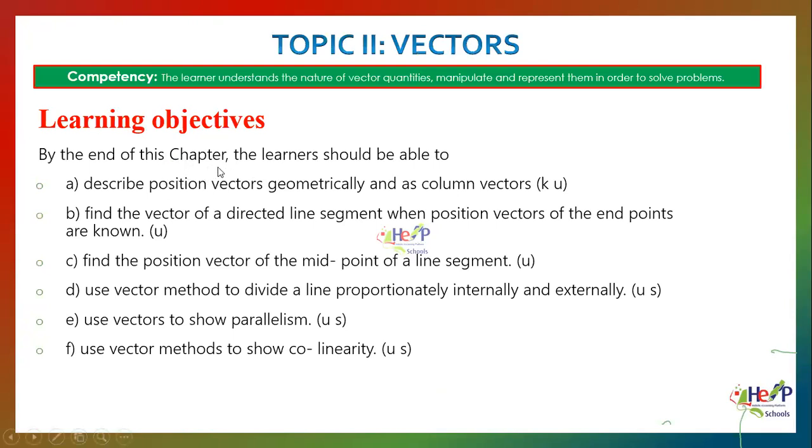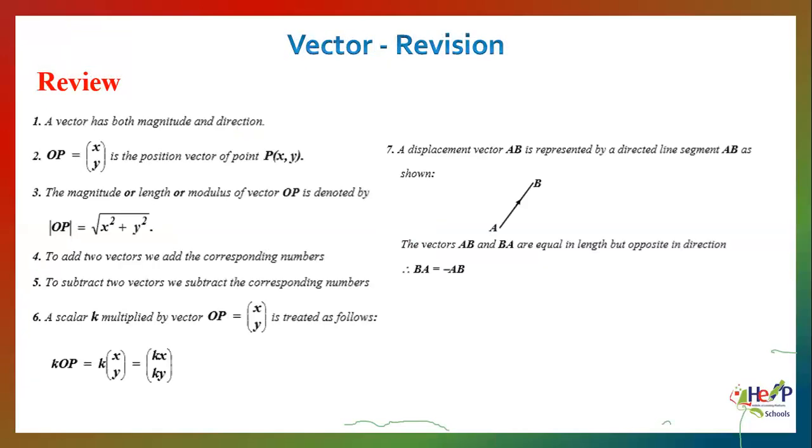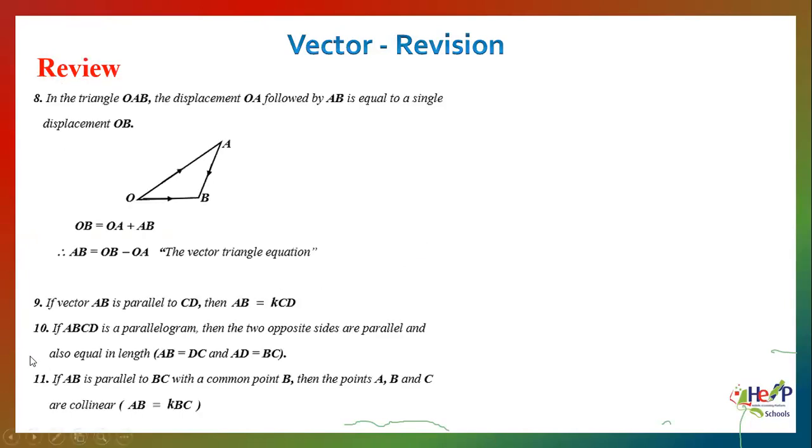You see, when it comes to our lesson objectives, for senior 3, we are not supposed to talk so much about vectors that are parallel. I had to ignore that. Now, Shante, first don't write on that screen. But for those who attended the first lesson, I talked about what it means for a vector to be parallel to the other. And someone was trying to use that knowledge to solve the other problem, which I feared could be wrong. This number 11, they said if AB is parallel to BC, then there is a common point B. If AB is parallel to BC with a common point B, then points A, B, and C are